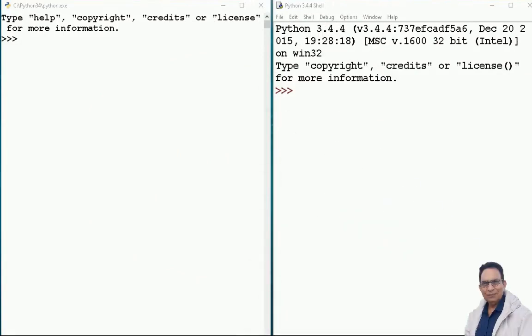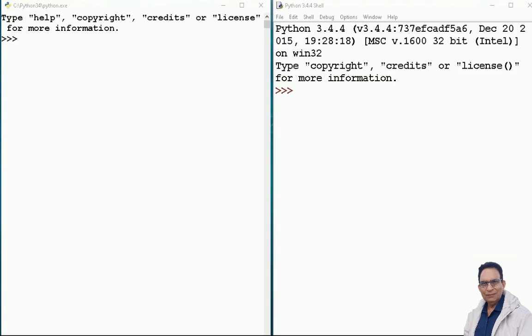Hello students, this lecture is going to be very important for you to learn about different aspects of the Python programming language. To begin with, let us see what is Python shell. Python shell is the environment interface between the user and programming capabilities of the programming language via the operating system.